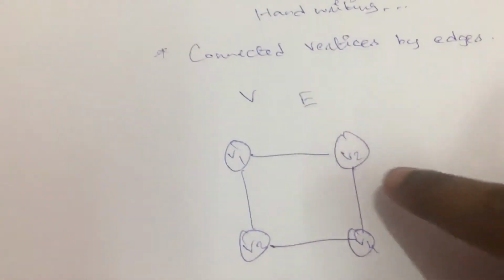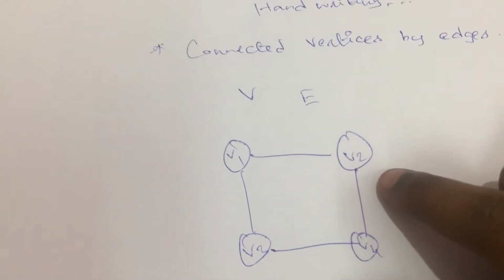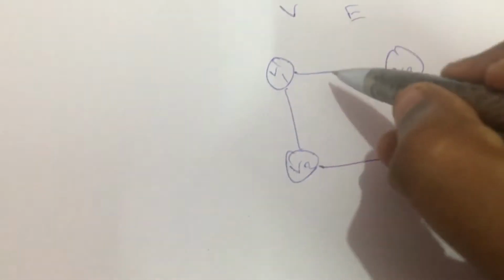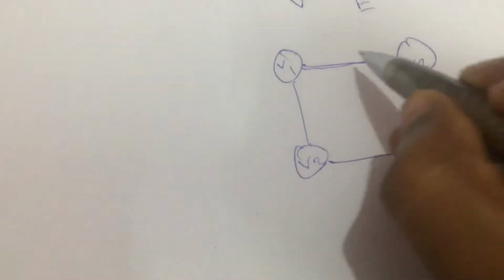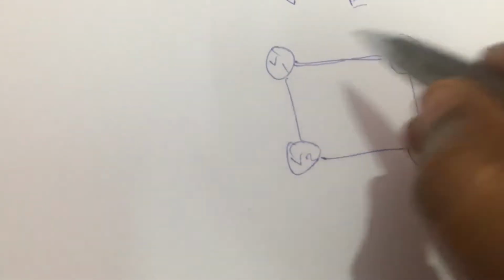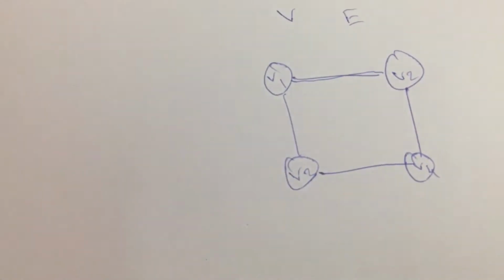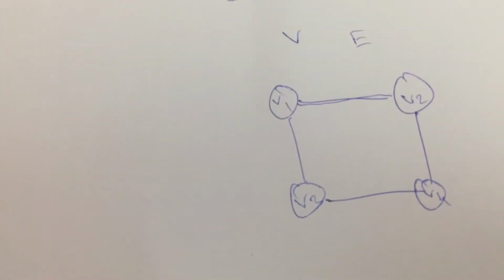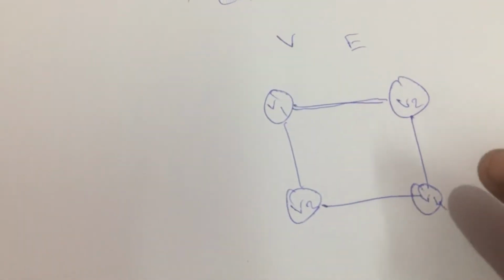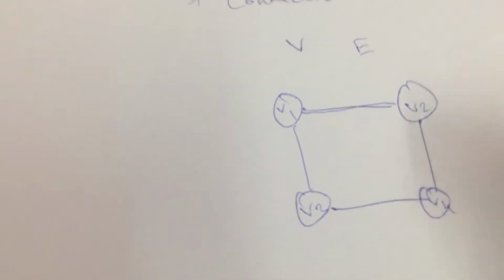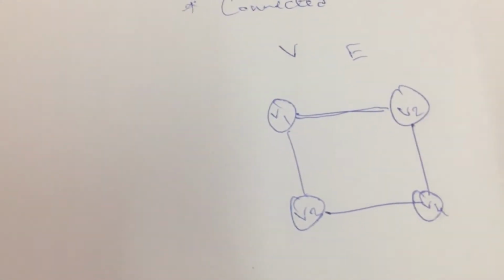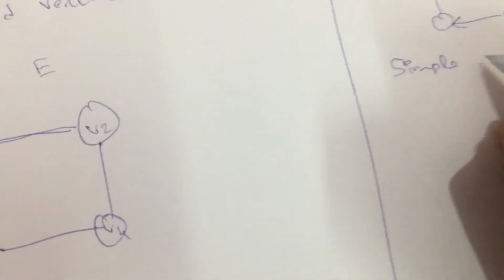The one which we have drawn already is an undirected graph, because in this edge I didn't mention any direction. You can even say this is a bidirectional graph, right? It is a bidirectional graph since there are no directed edges marked. So this graph is a pure example of an undirected graph. Followed by this, I can say something as a simple graph, right?